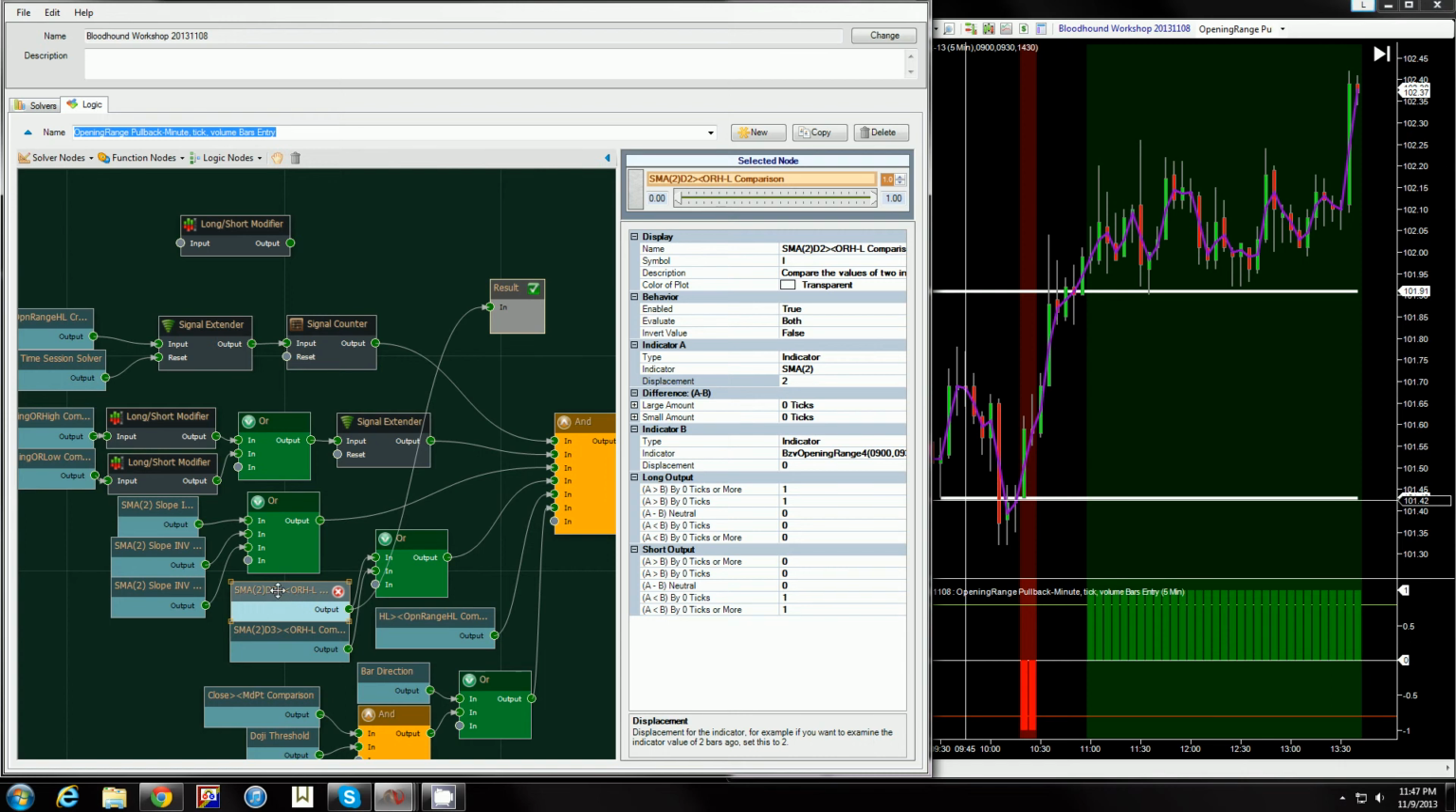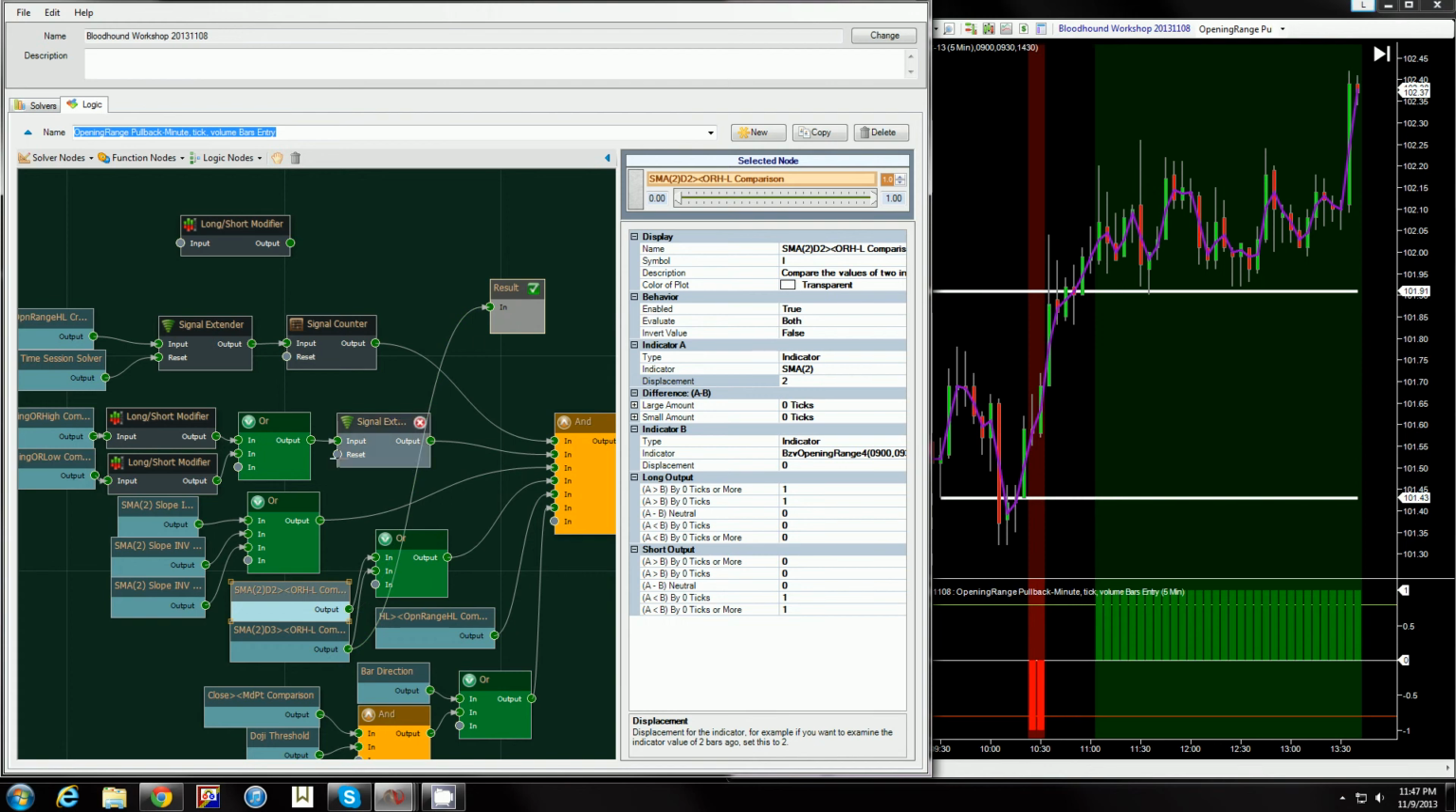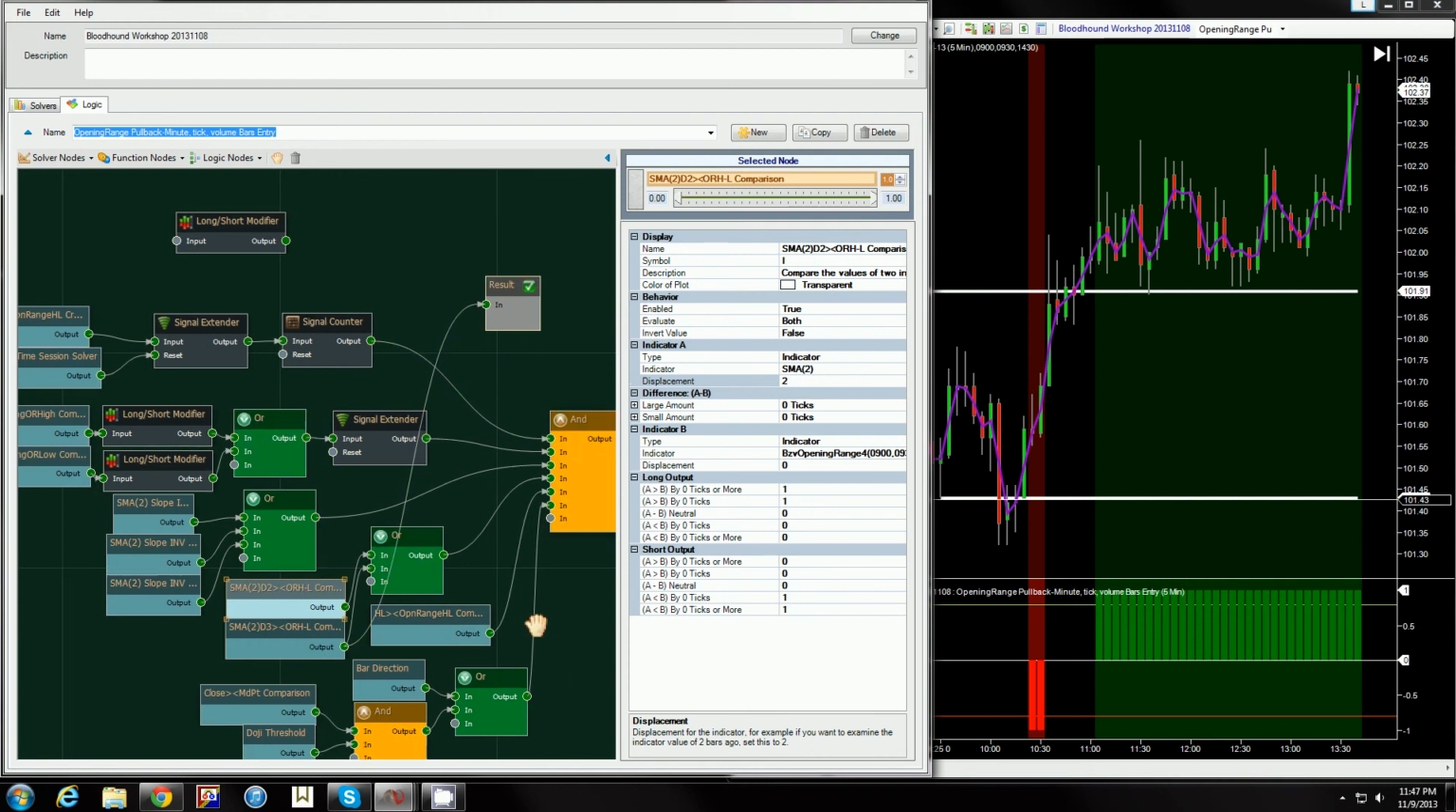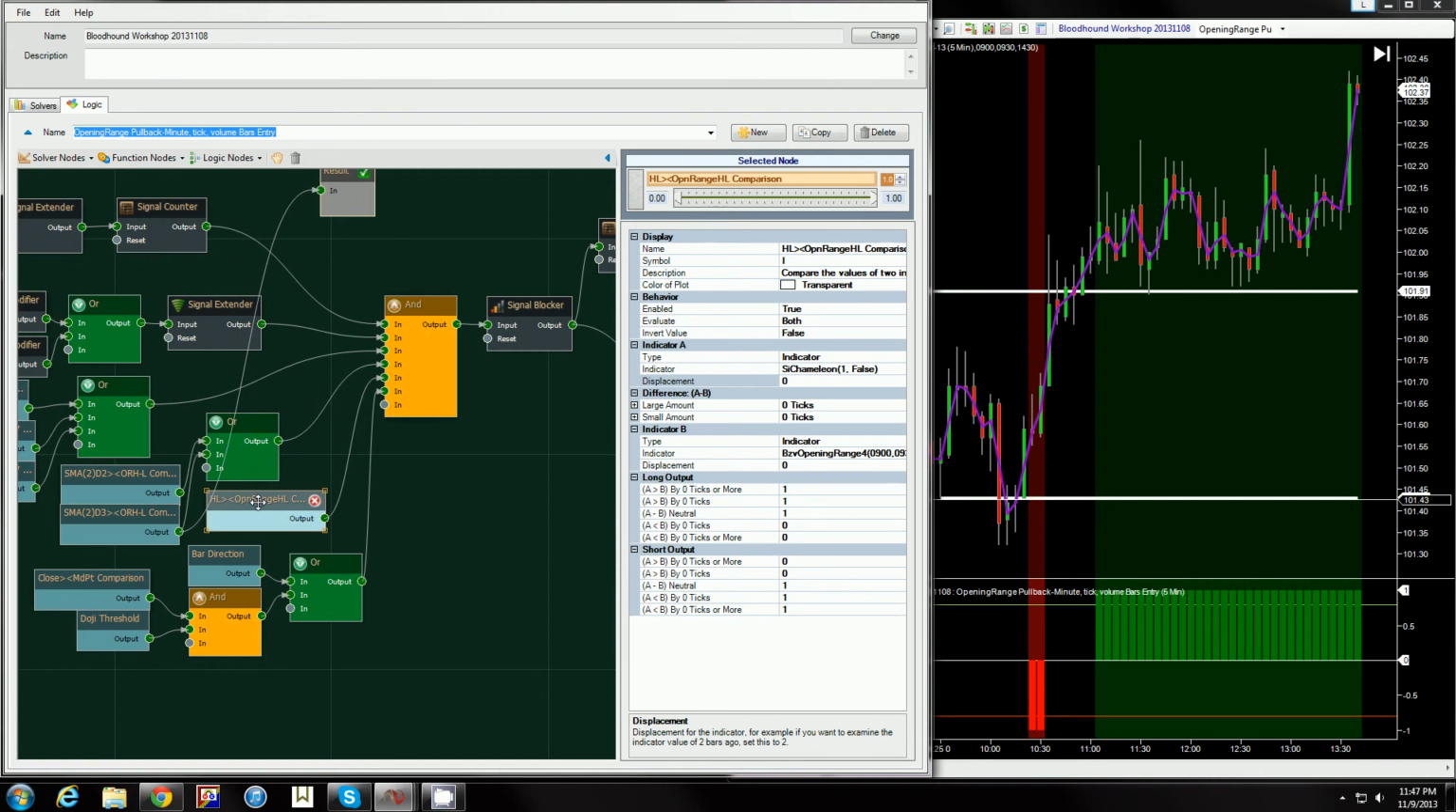So either the one 2 bars ago, displaced 2, or the one 3 bars ago. And there are certain situations in which this was necessary. So that also has to be true at the same time as all of this. And then, so does this, which just says that